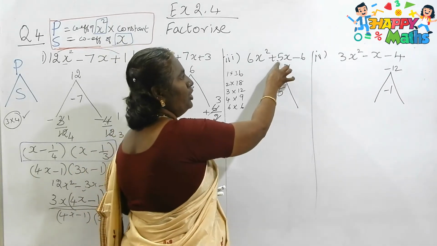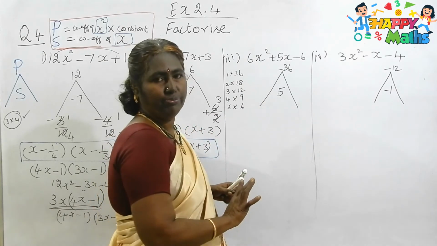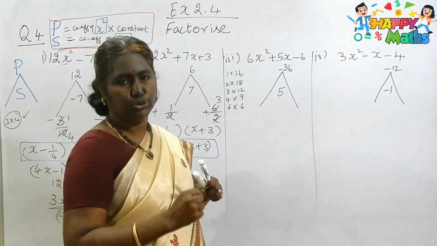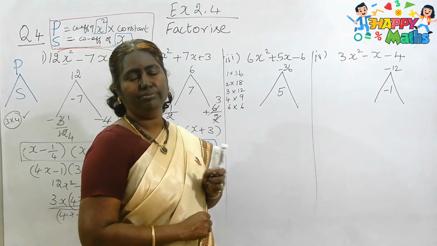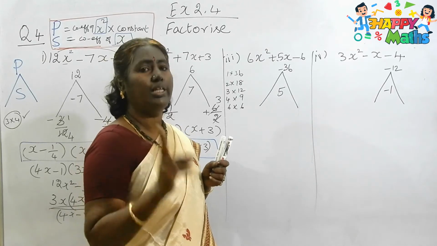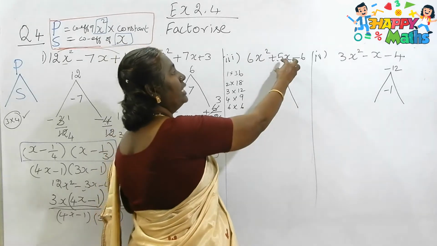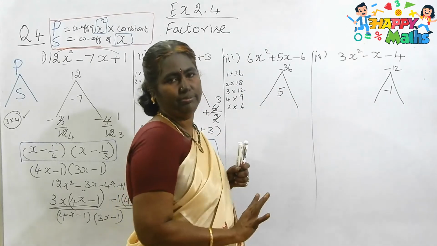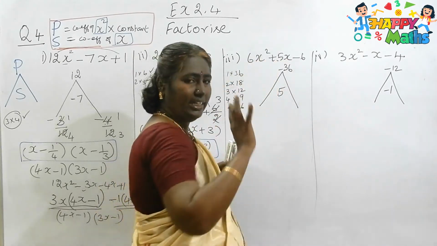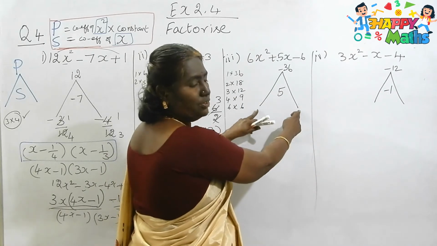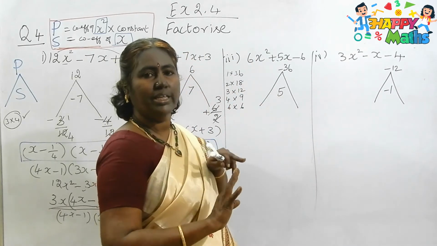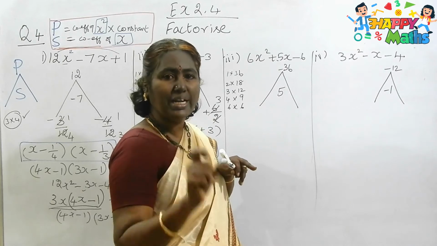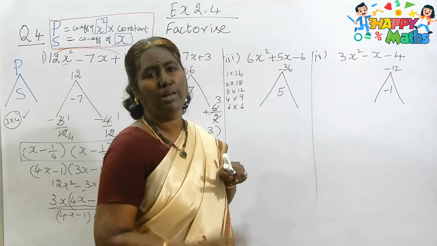Now what is the sum? Coefficient of x is your sum. That is 5, I told you. Now I am writing the 36 combination of tables in my rough column. Then only I can choose what are the two numbers that have to come here. Okay. Then I told you 2 tips, that is 2 slogans. If the product is positive, the sum of these two numbers will be at the center. If the product is negative, the difference, that is the subtraction of these two numbers only, will be at the center. Is it so clear for you now? So I must choose two numbers whose subtraction is 5. That is only my aim now.